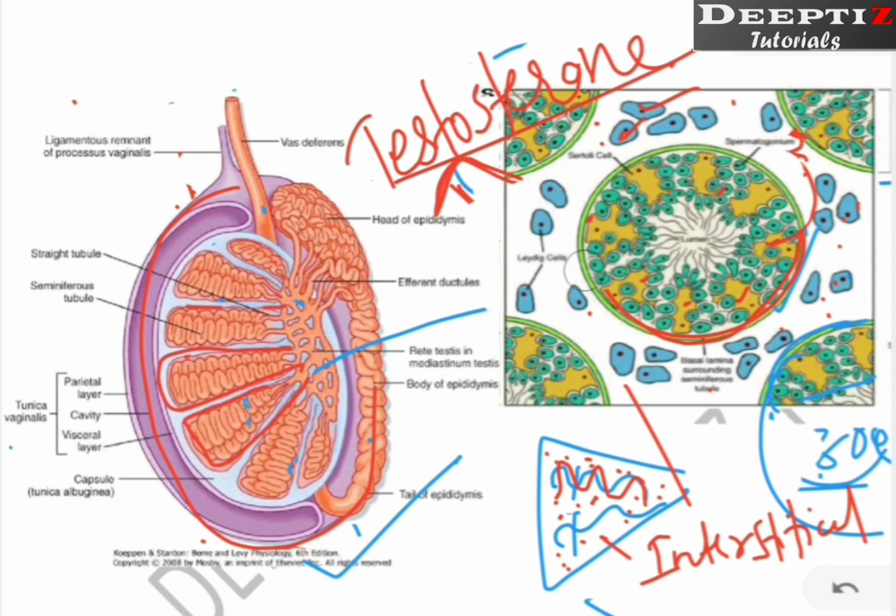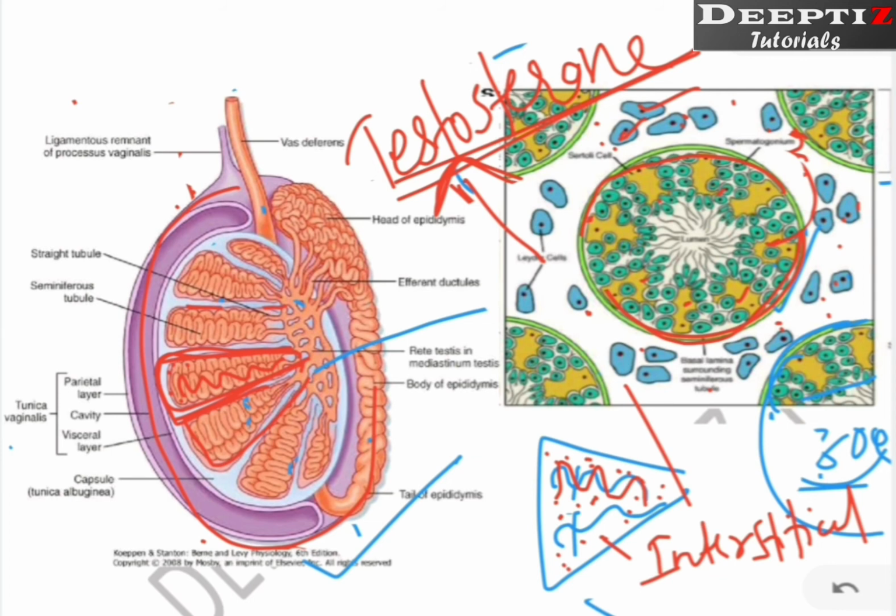Which are they? Each lobule produces testosterone hormone from the interstitial space. Interstitial space consists of interstitial cells or Leydig cells. Another name of Leydig cell is interstitial cell. And inside the seminiferous tubule, what will be there? Production of sperm will be there. So if you take only one such lobule as an example, the sperm is produced within the seminiferous tubule, where the hormones are produced outside the seminiferous tubule but inside the testicular lobule.